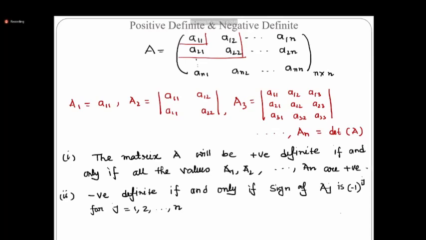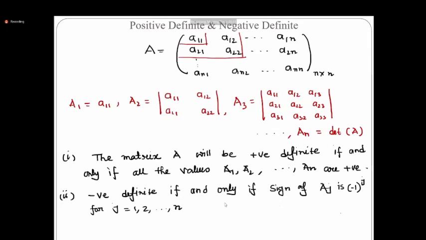I'm saying that any quadratic form is said to be positive semi-definite if the principal minors are coming as greater than or equal to 0. If I say in general, if the principal minors are coming as greater than or equal to 0, then it will be called positive semi-definite. Because I hope you can see that here I have written that they are positive. But now if I say that they are non-negative, then you can say they are going to be positive semi-definite. Is it okay? Yes, sir, for the first case.